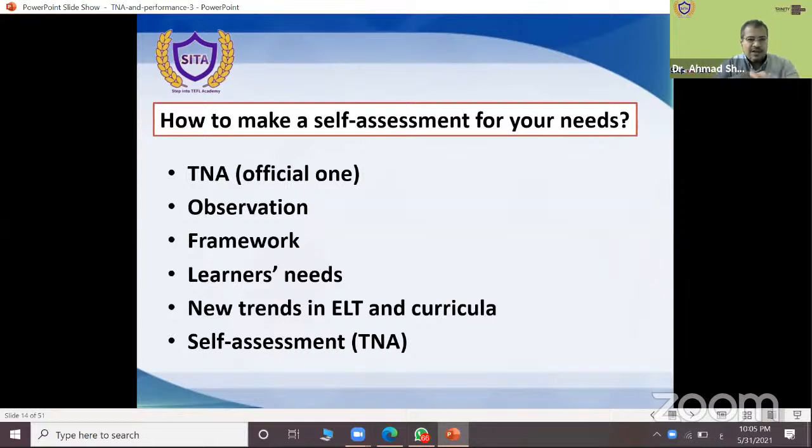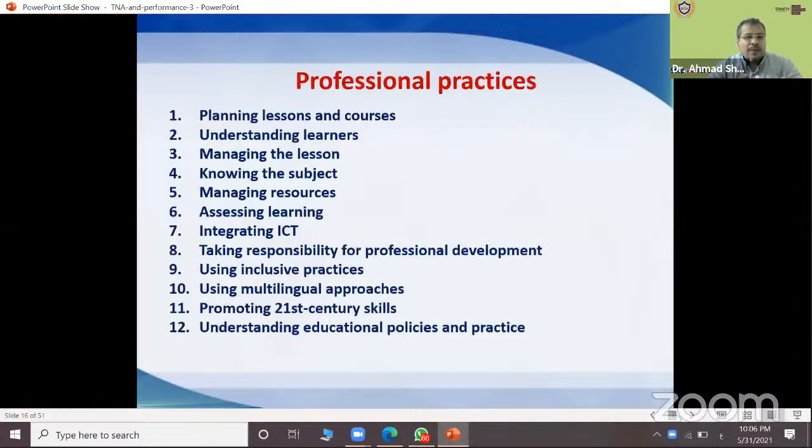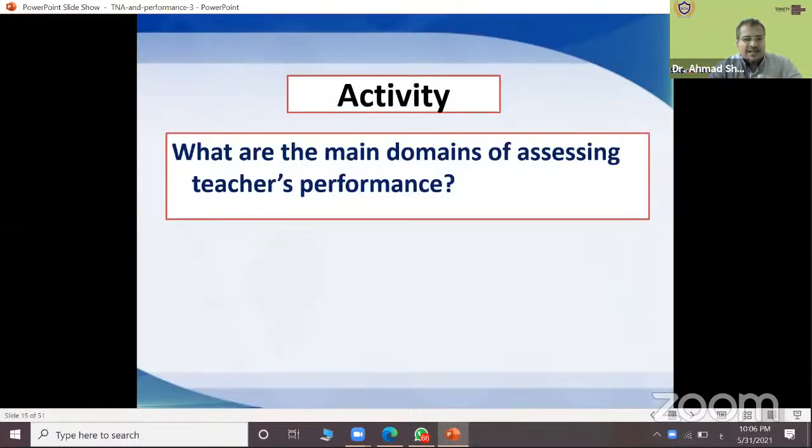The next slide, please, Ms. Summer. What are the main domains of assessing teachers' performance? Now we have different domains. When you have a TEFL course, you have different domains, different topics.